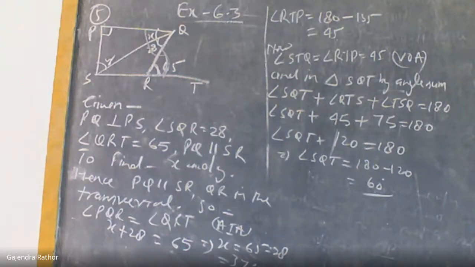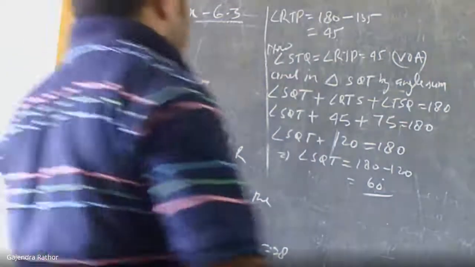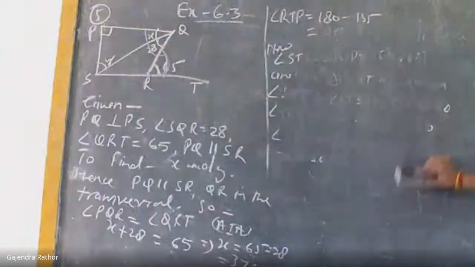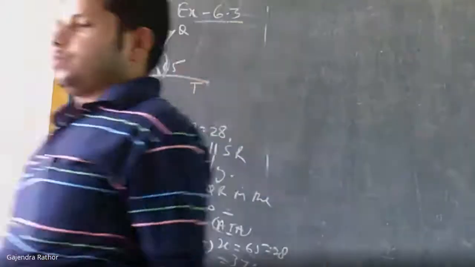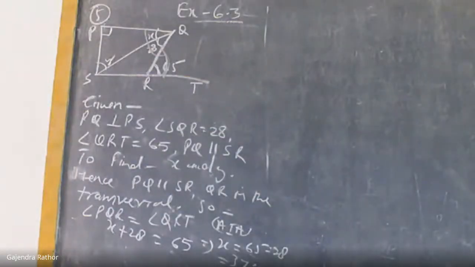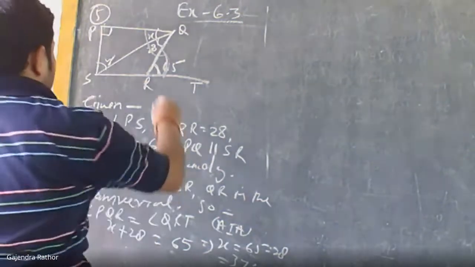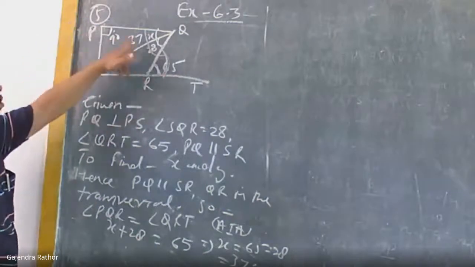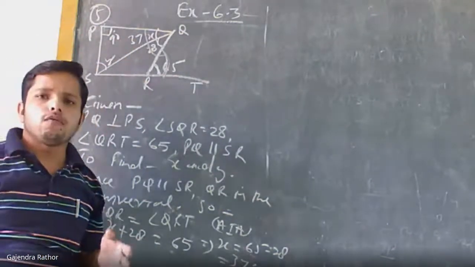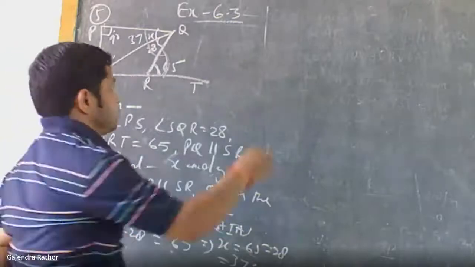Okay. Now find the remaining value of y. What will be the value of y? And also mention the property. Which property did you apply? By which property did you find, Rahul? The correct answer, angle sum property. Because this is 37, this is 90. So in this triangle, we have two angles, so easily we can find the value of the last angle y.